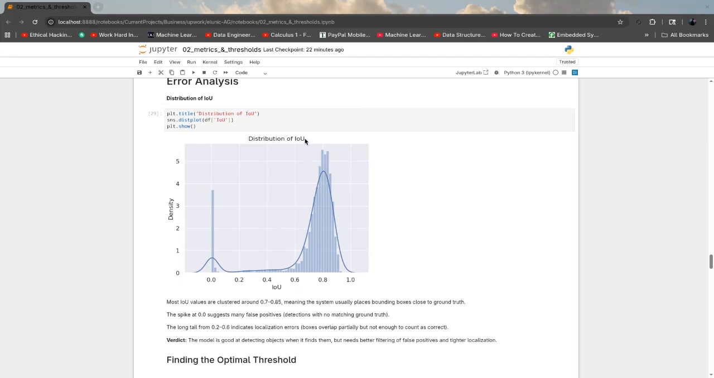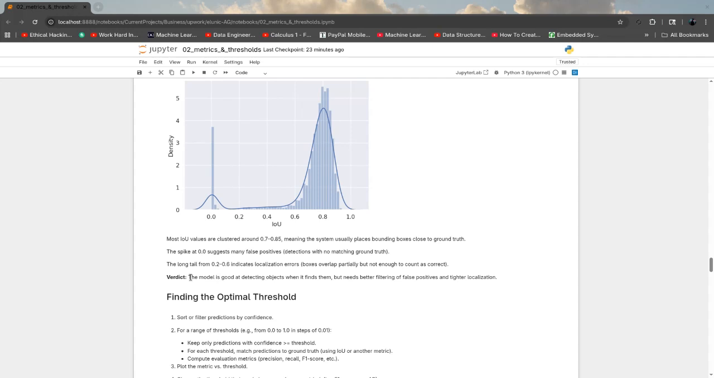Now I asked Google Gemini to interpret this. This is the value that Google Gemini told me: the model is good at detecting objects when it finds them, but it needs better filtering of false positives